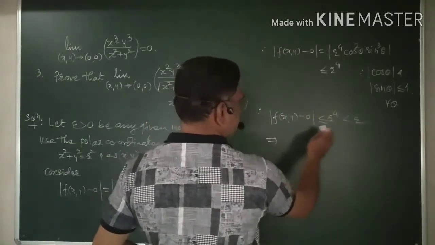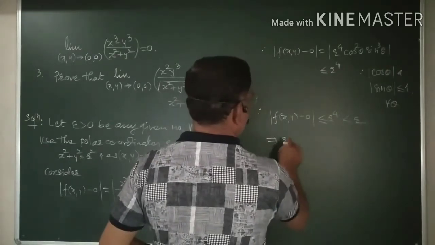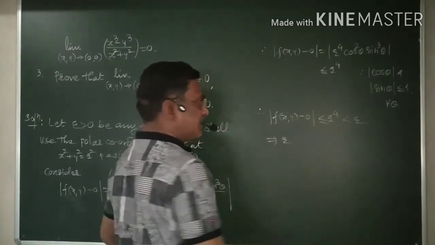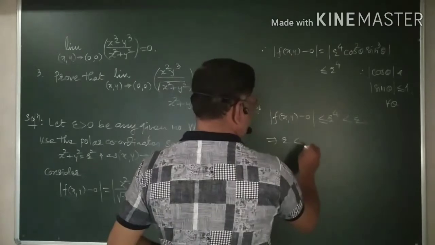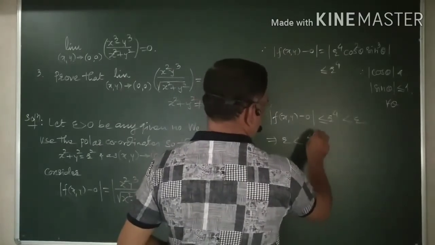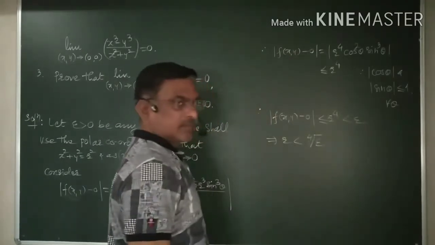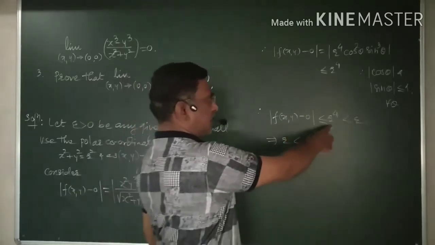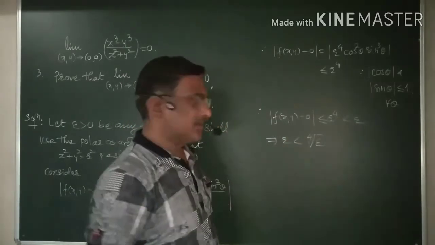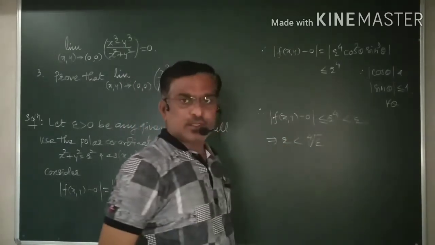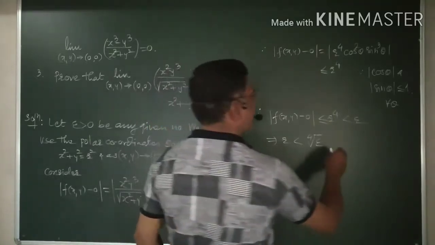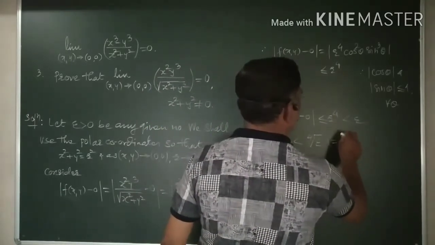What this implies is that if r⁴ is less than epsilon, then r is less than the 4th root of epsilon. And let me call this